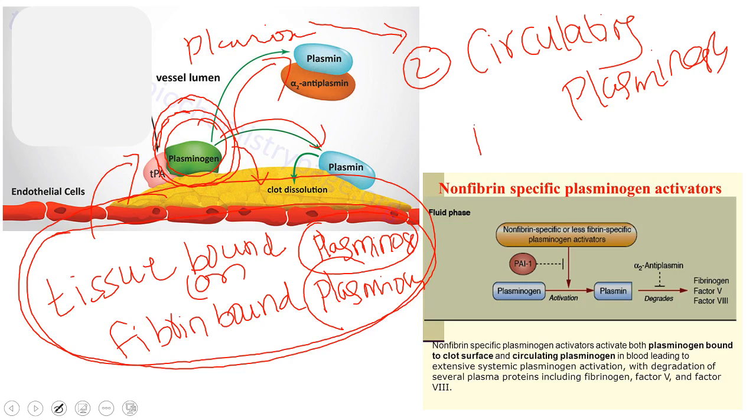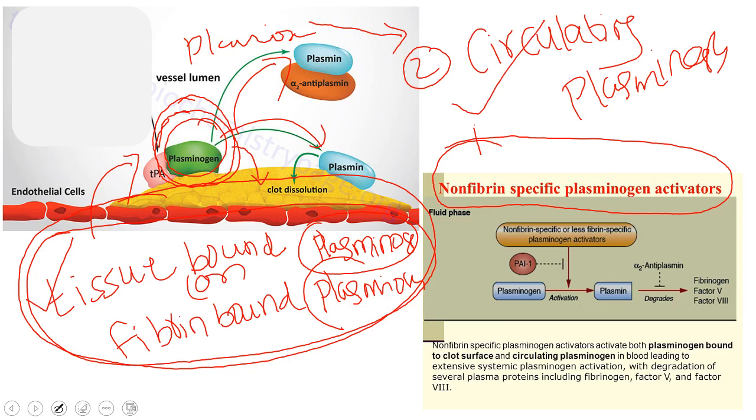But we have another type called non-specific thrombolytics, which activate both the tissue-bound plasminogen as well as